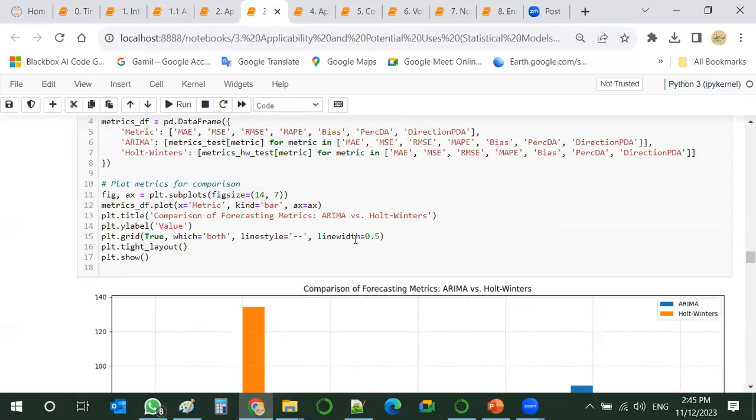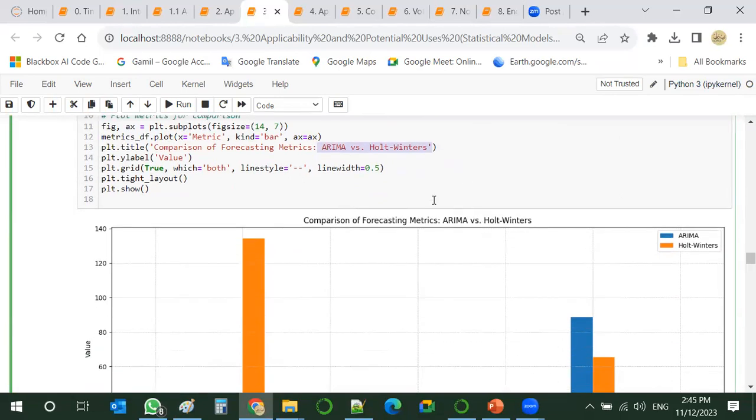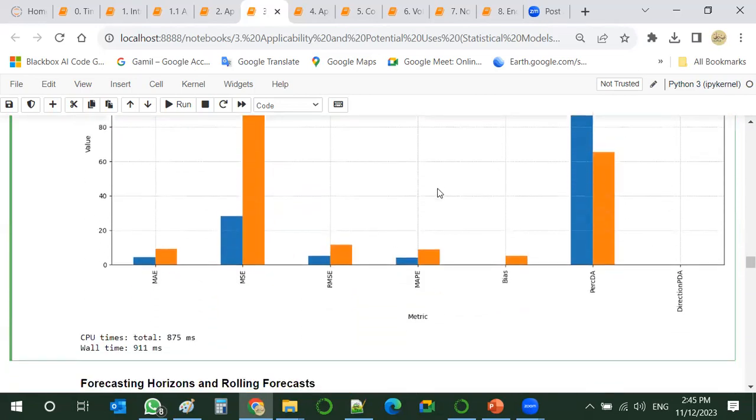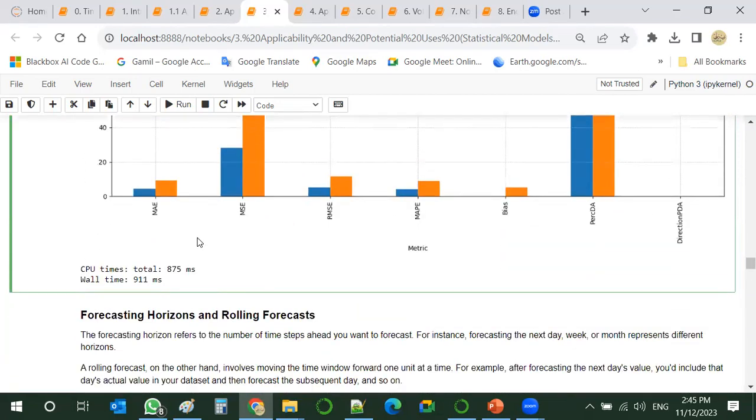And now we can compare different models, and we can tell this one is better and this one is the best and this one is bad based on tangible values that we have.